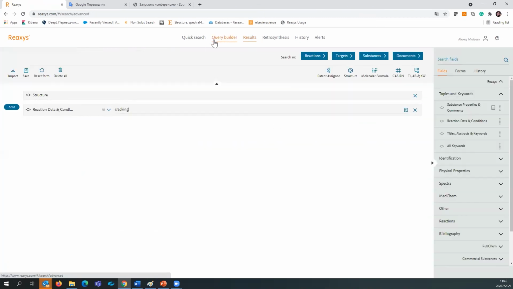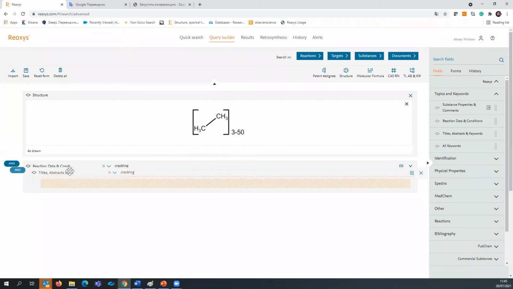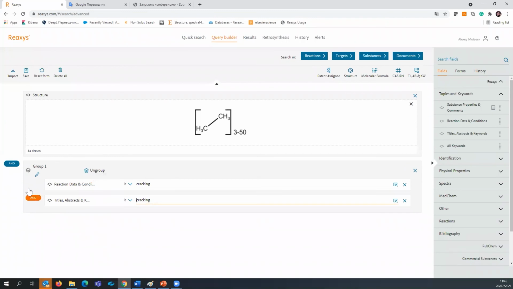Or what you also can add here, for example, to make a little bit more complex filter, like add here titles, abstracts, and keywords, and also add cracking here. And make the filter a little bit more complex. We can combine these two filters in a group, and change logic from AND to OR to make it less